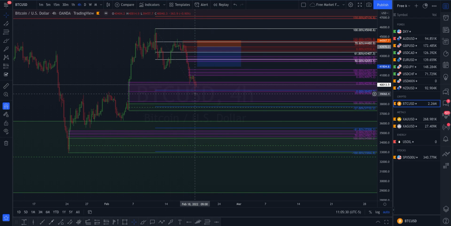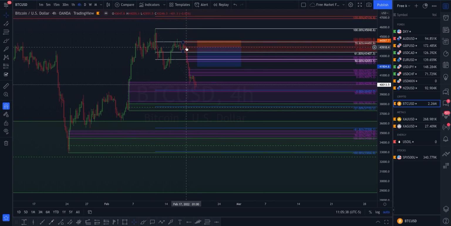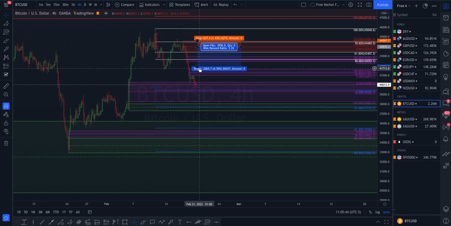If that is going to be our defined low, got the 78%. Could definitely possibly see it push up into this area right here, and maybe taking it down to here,